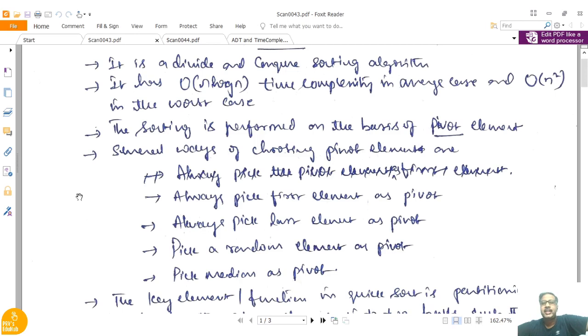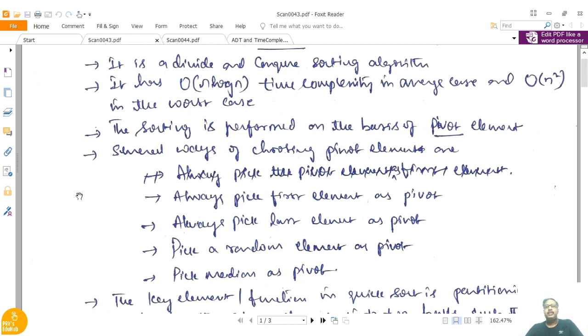Those with height less than that person will be sent to the left-hand side, and those with greater height will be sent to the right side. This is the general way of arranging heights of a group of people in ascending or descending order. In the same way, quicksort will start with choosing a pivot element.